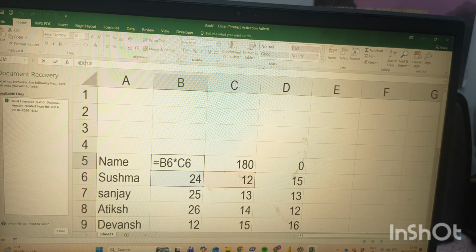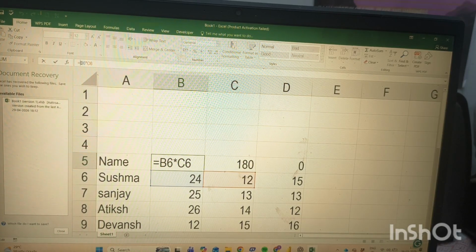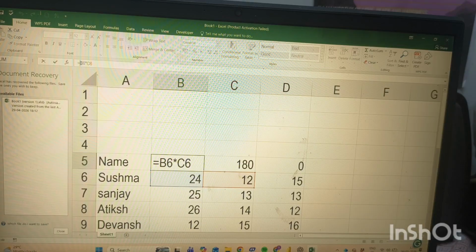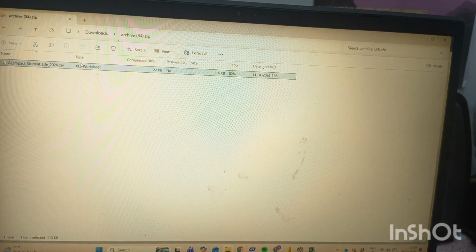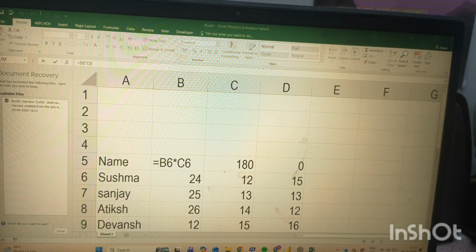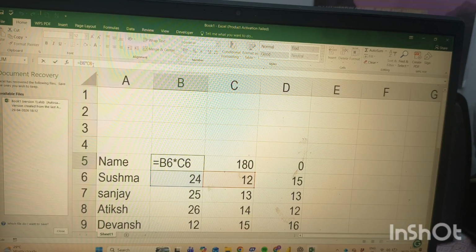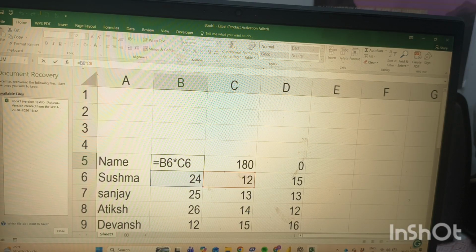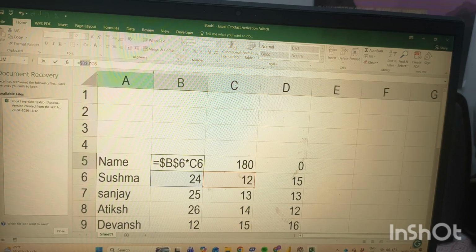Here in the fx function formula bar, if we press the dollar sign, after pressing F4 it will come.